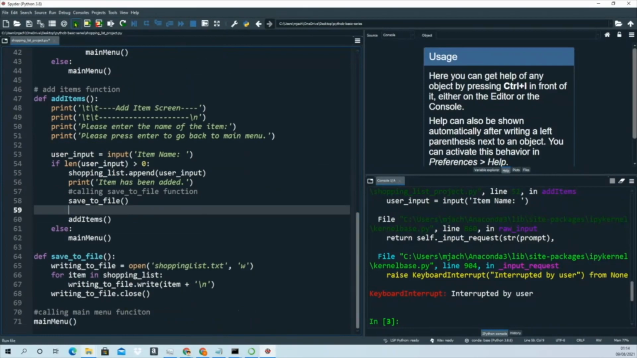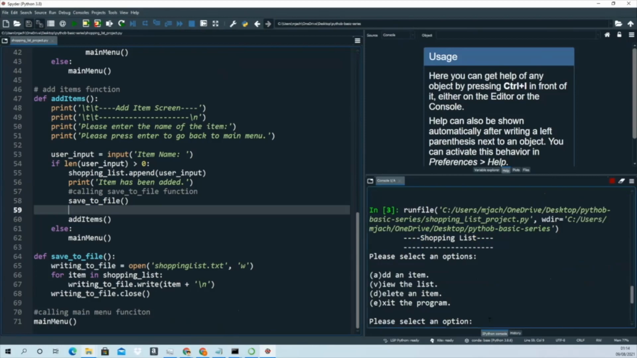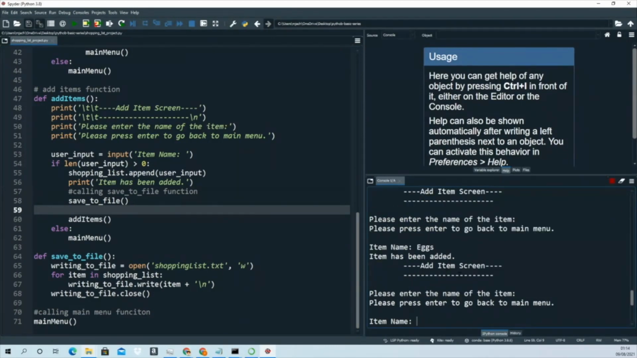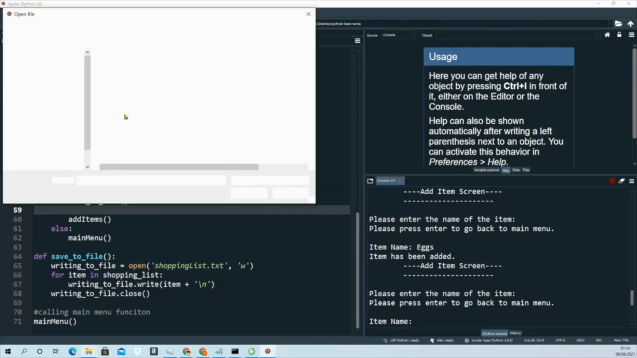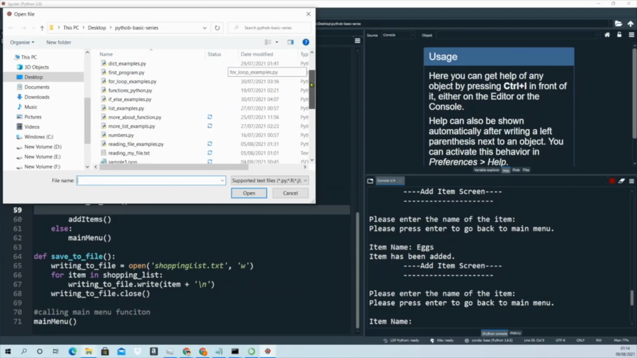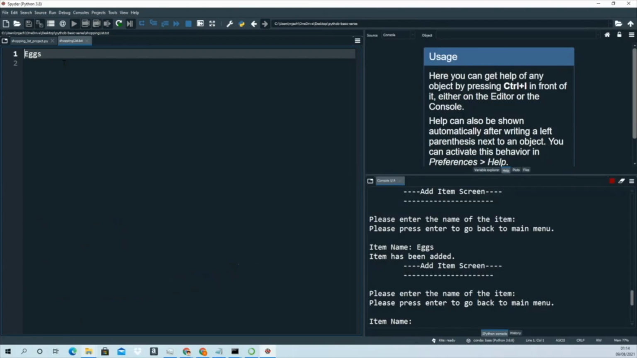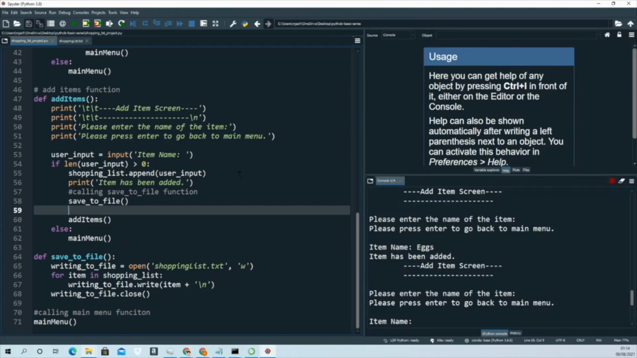So let's run the program, and let's say we add an item named eggs. So the item has been added. Let's say we open the file, we create the file named shopping list. You see the item is already there, so it's written here. So this is how we can add an item to the list and write it to the file. So next we will create the